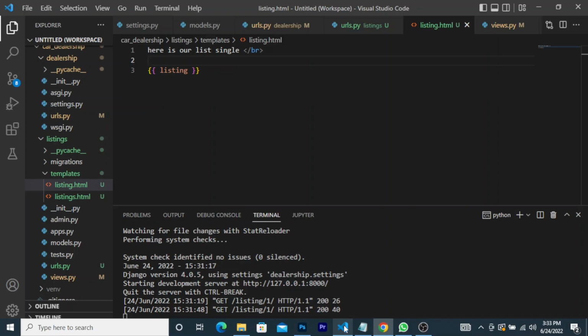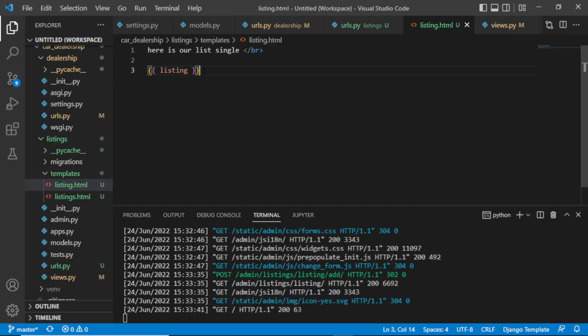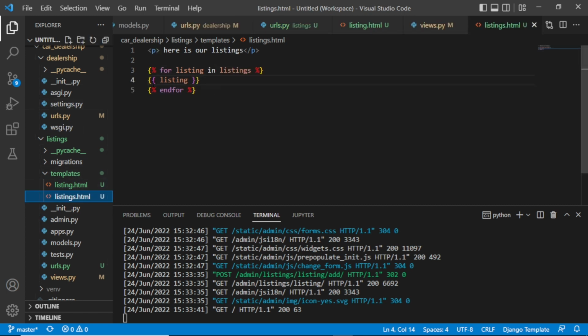If we refresh here, we have the Toyota Athlete. Now because we have two listings here, we need to go to our listings.html, then of course we should add a link here. So if someone clicks that link, then it should be sent to the detail view. As you know how we create links on HTML, so